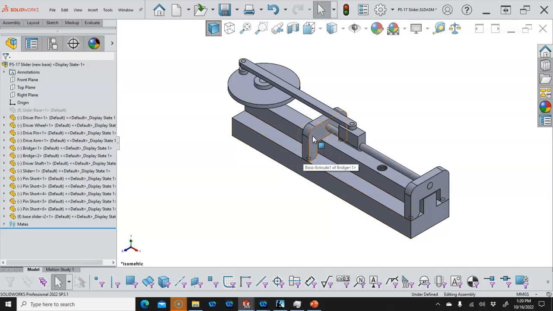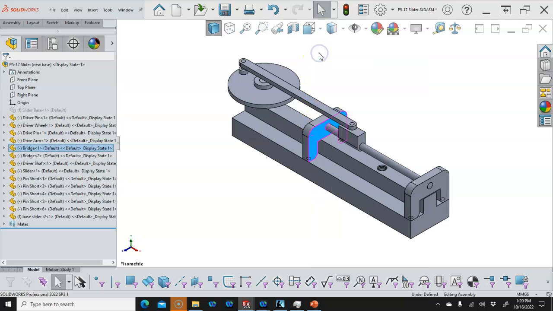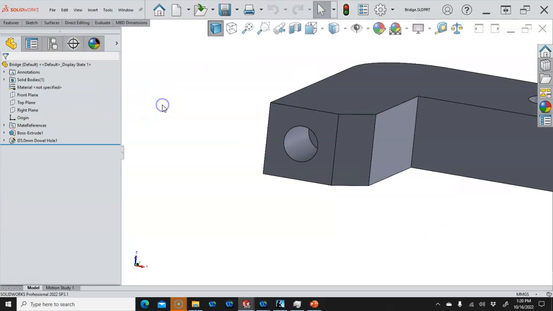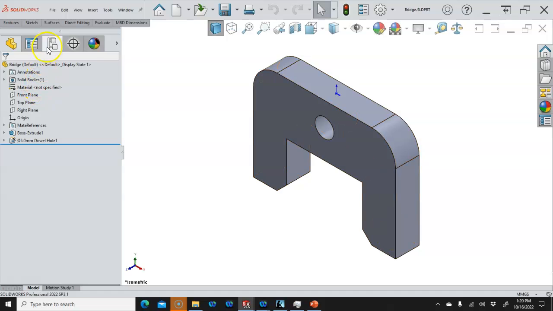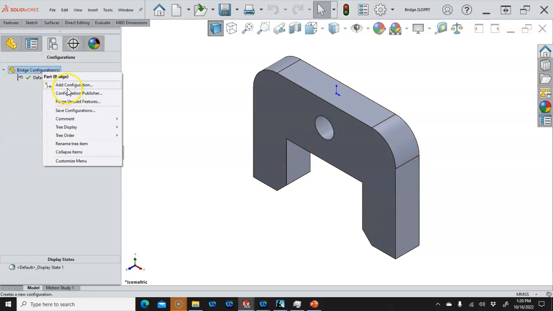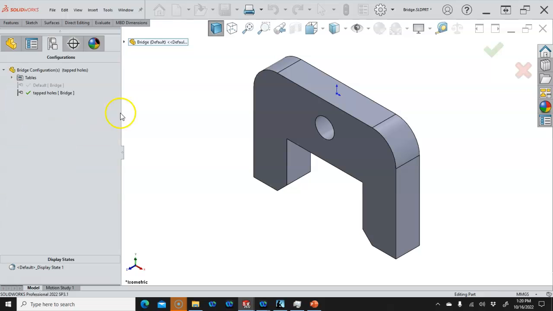And then from this side, I can right click and open the part, and if I were to add the configuration for, and I'm not naming these as parts because again this is a what if scenario. So if we do those as the tapped holes,